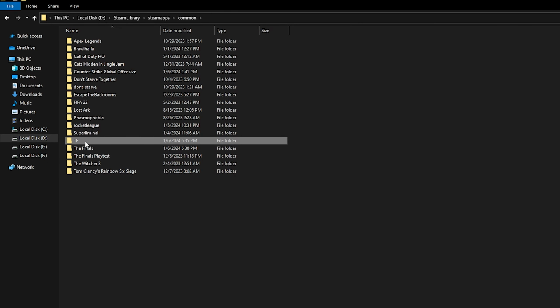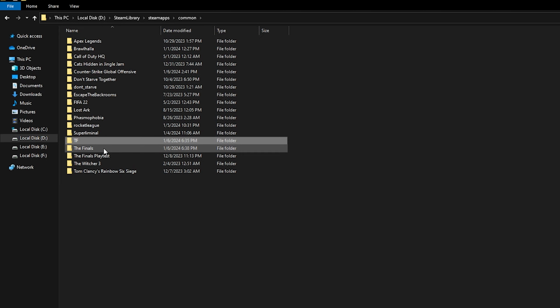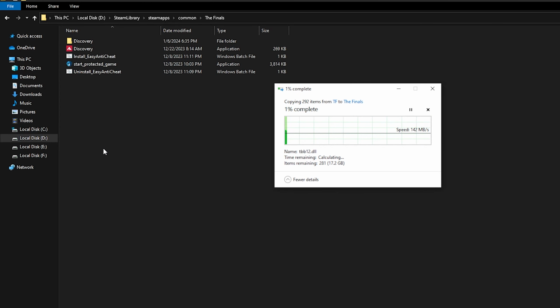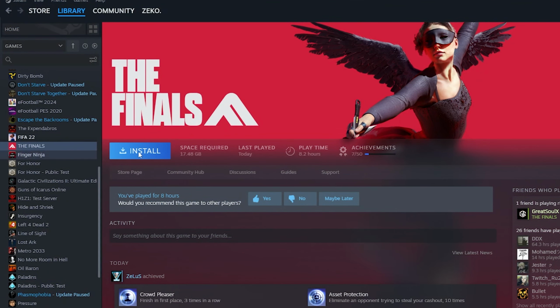Now, all you have to do is go to the folder that we have created and select all these files and copy or cut them, as you like. Then go back to the main folder of the game and paste the files. Wait till it's finished. Then after moving the files again, all you have to do is go to Steam